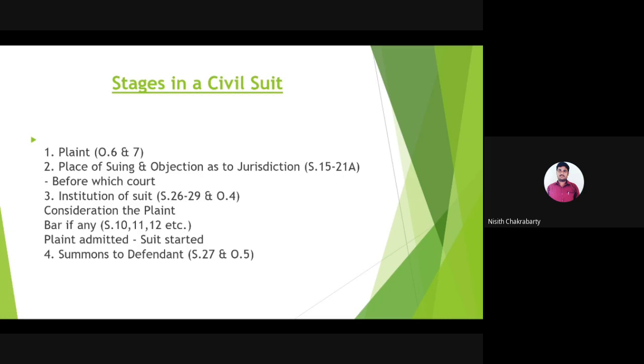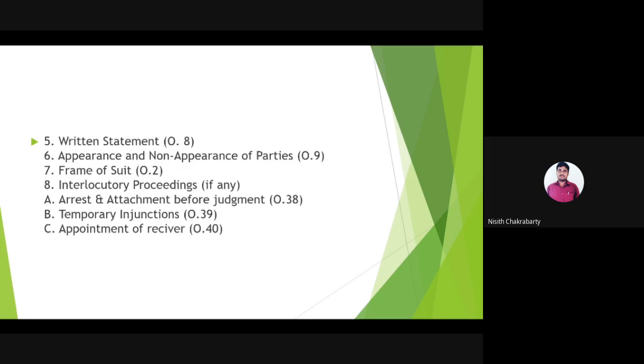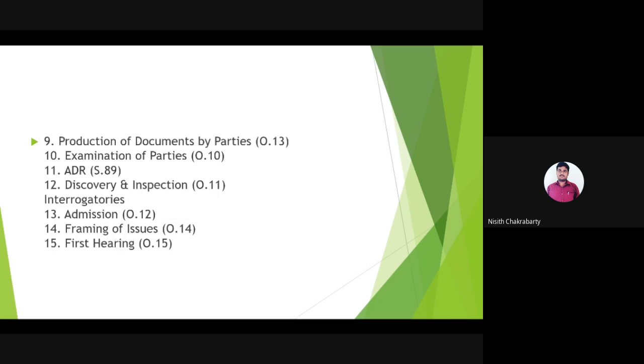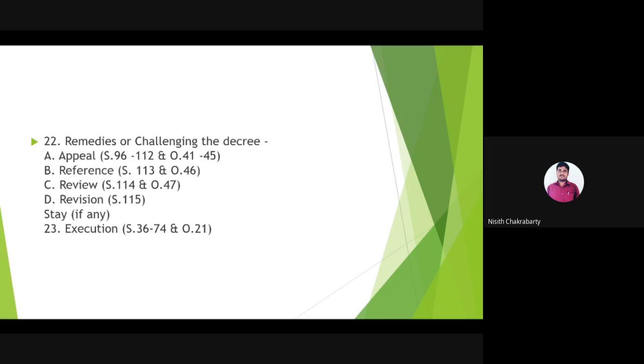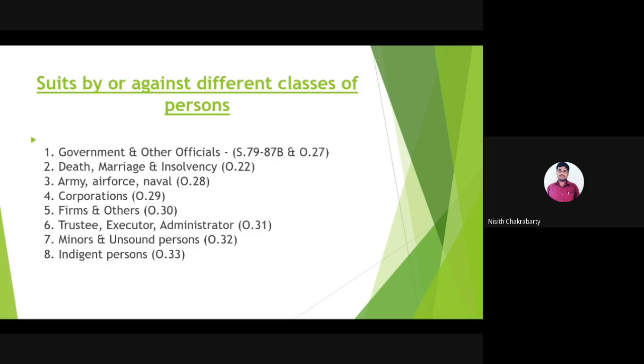Stages: plaint, institution, summons to defendant, written statement, appearance, non-appearance, frame of suit, interlocutory proceeding, production of documents by parties, examination of parties, ADR, discovery of inspection, admission, framing of issues, first hearing, evidence by parties, examination of witness, affidavit, argument, withdrawal, judgment, decree, appeal, reference, review, revision, execution, then government, death, marriage, insolvency, army, air force, naval, corporation, proprietary